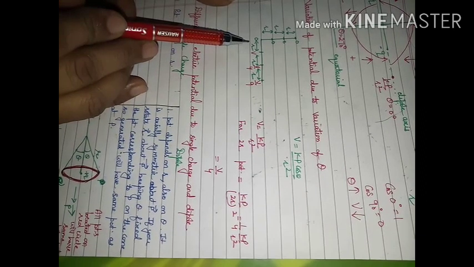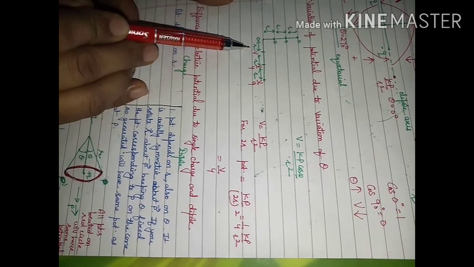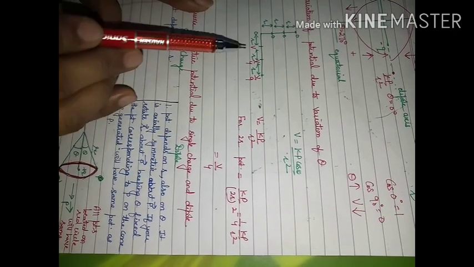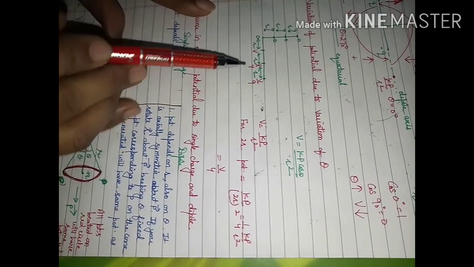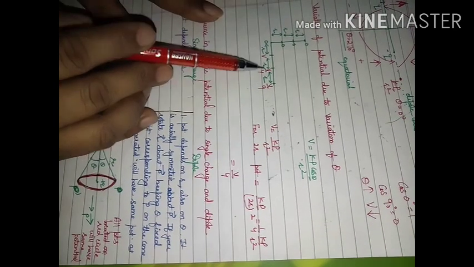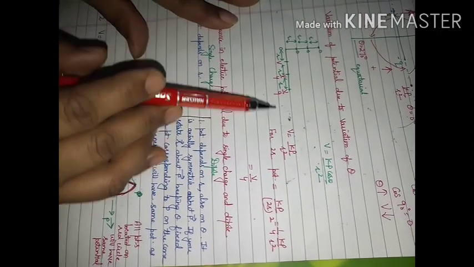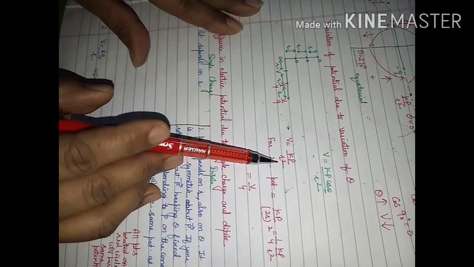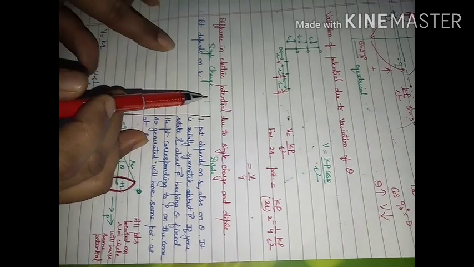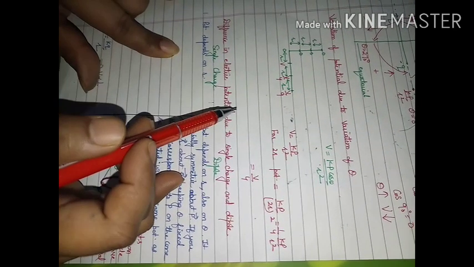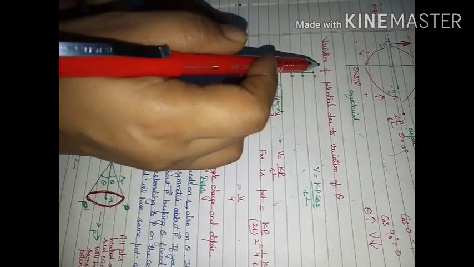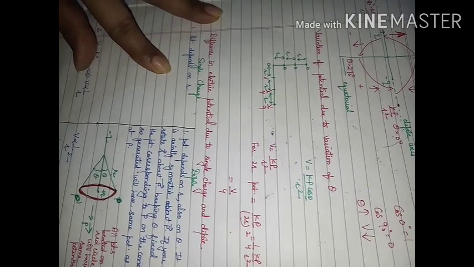If you consider potential at point R, what is the value coming? This is kp upon r square. If you go to a distance of 2r, what is the value of potential? The value of potential will be V by 4. If the distance is 3r, then it will become V by 9, because it is inversely proportional to the square of the distance. So sometimes a question comes: tell a point where the electric field is not 0 but the electric potential is 0. You can say on the equatorial line we are going to have this situation.